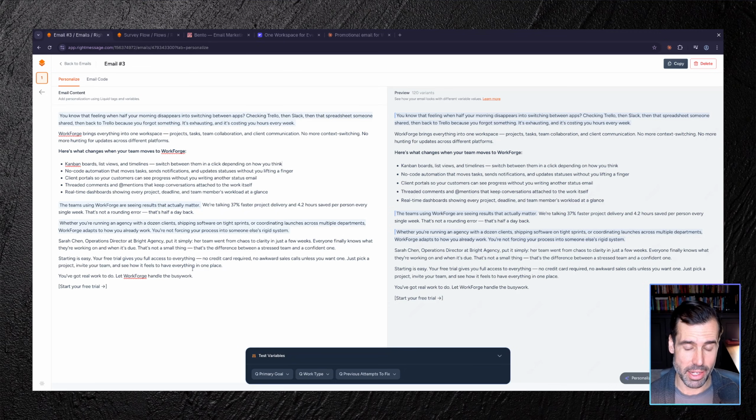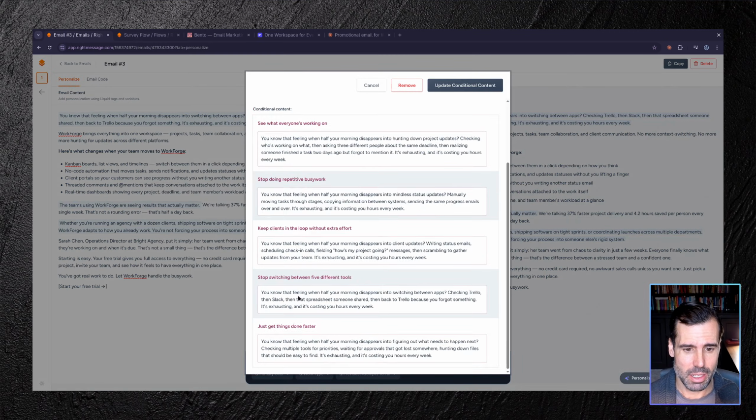In this case, they shared when they joined our list that they have a primary goal in exploring Workforge. So we're just parroting that back at them. We're saying, look, if your goal is visibility or switching between tools, you know that feeling when you're switching constantly between apps, you're checking Trello, then Slack, then the spreadsheet, blah, blah, blah. That's somebody who told you that's their issue, that's going to hook them, and they're going to be more likely